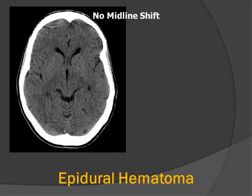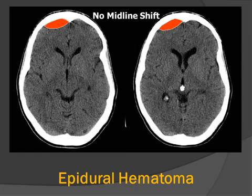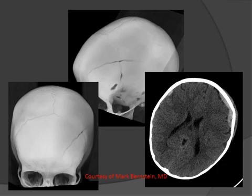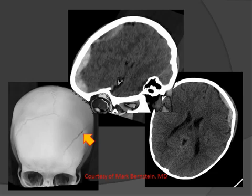Here is another patient with a subfrontal epidural hematoma, biconvex. In this particular case, the hematoma is small and does not cause any midline herniation or shift. If we look at the bone window images, we can clearly see the fracture involving the frontal bone. This is another case where the fracture line has crossed the coronal suture, and we can see here in this patient that we actually have multiple epidural hematomas